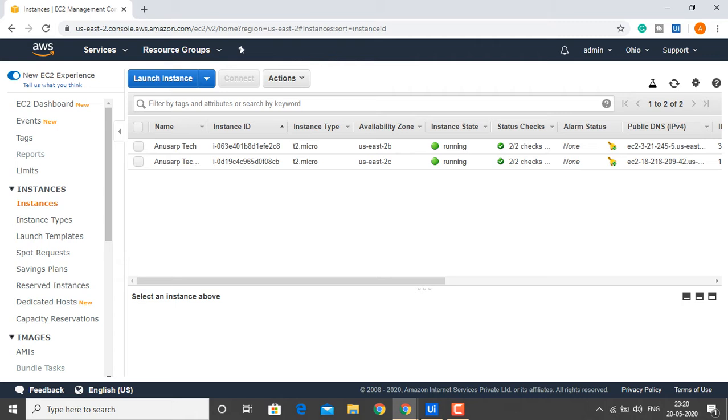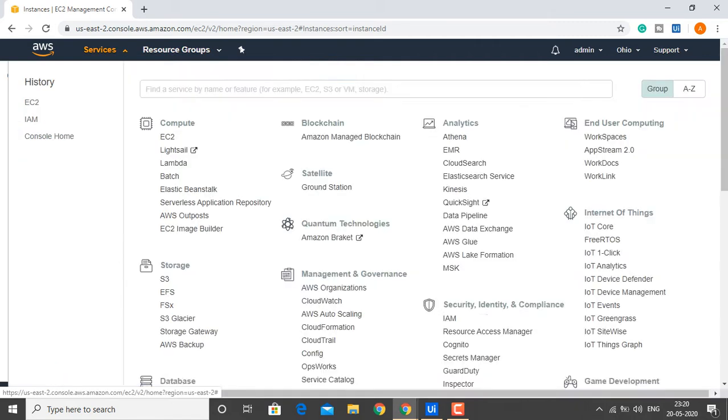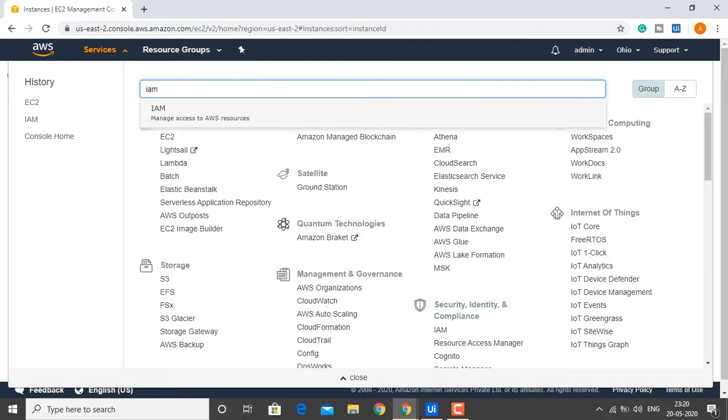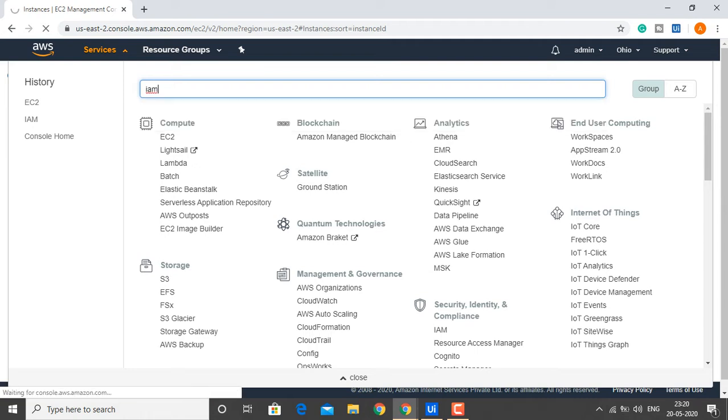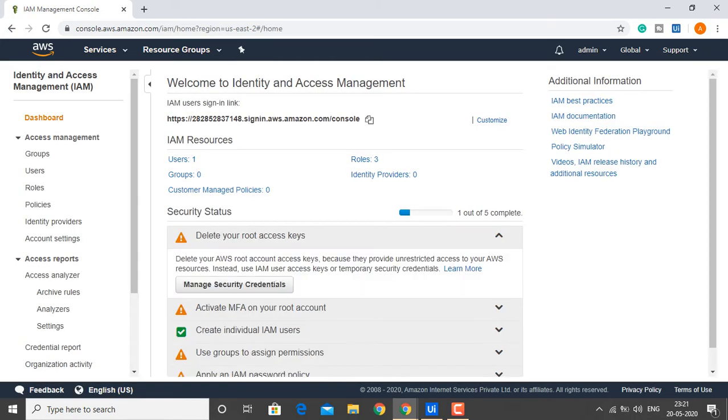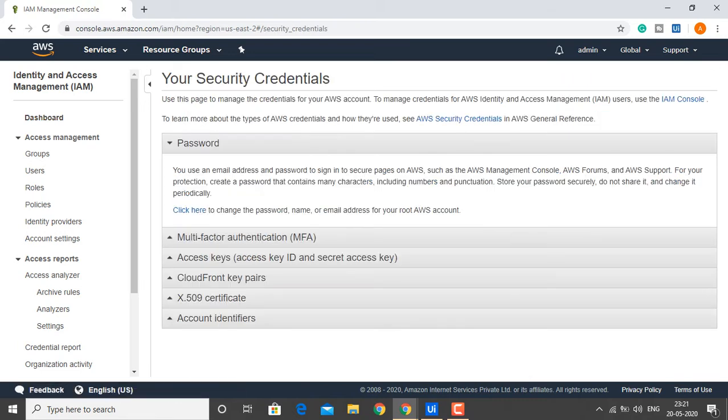Sorry guys, I forgot to mention in the previous tutorial about the security access key. I will show you. That will be available from the IAM module. In the IAM module you will get the secret access key also. Here, manage security credentials.